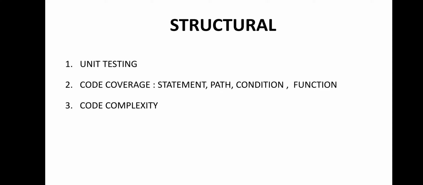Next is your code coverage testing. We should go in depth into this kind of testing because it covers a wide variety of things. Basically it is made up of the following types of coverage: statement coverage, path coverage, condition coverage, and function coverage. Students, you know that since a product is realized in terms of program code, if we can run test cases to exercise the different parts of the code, then that part of the product realized by the code gets tested. When we talk about code coverage testing, it involves designing and executing test cases and finding out the percentage of code that is covered by testing.